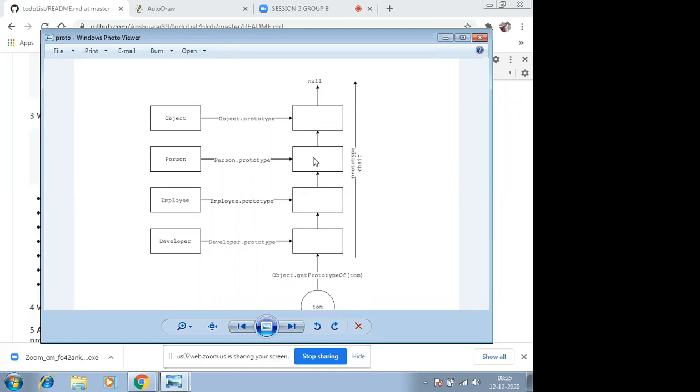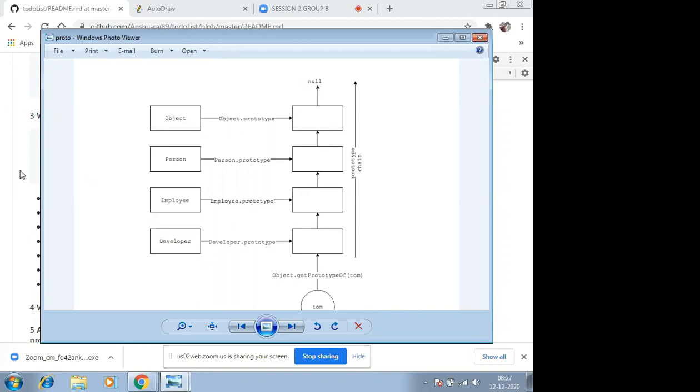And again, if that particular value is not there, it will go to the Object class and try to find that value in Object. And if again it's not there, it will see that my prototype value is now null, so it will stop checking. It says that okay, I have reached the maximum parent level, my prototype chain has now ended. We all know that if we create any object, my parent class is basically the Object class defined in JavaScript. So this is the whole prototype chain.